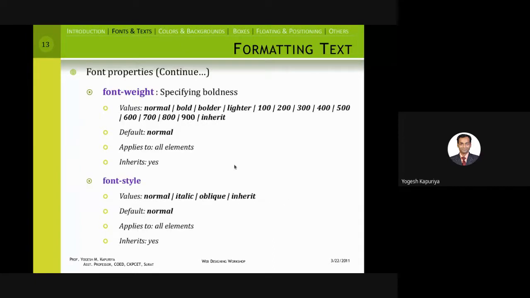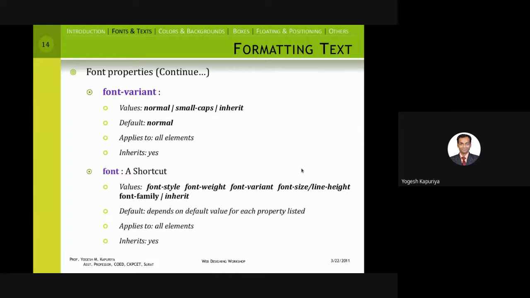So these are the various font weights. Font weight is bold, etc. Font style is normal, italic, etc. Font variant is small caps, where all the letters are capital, but they are small capitals. Then you can combine all this together using a single key, that is font, where you can apply font style, font weight, font variant, font size, font family.